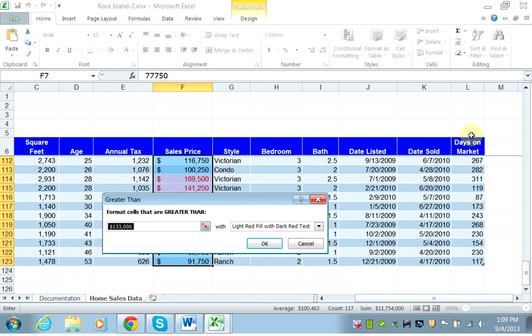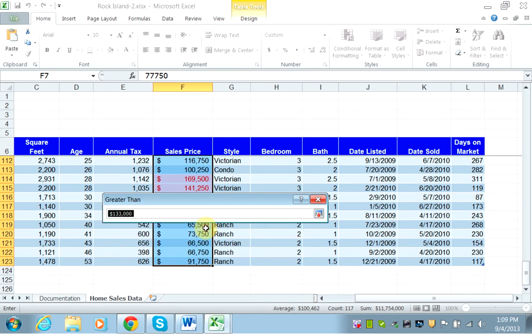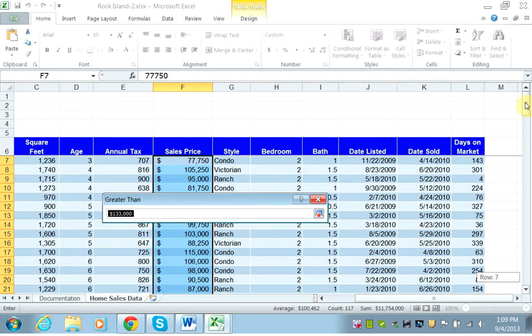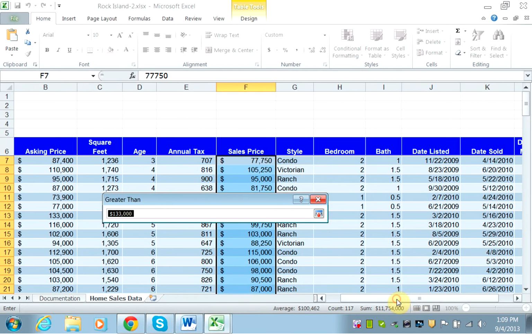If you are looking for sales price greater than a certain value, you can write the value. But you're actually looking at those sale prices that are above the asking price. So you will locate the very first asking price